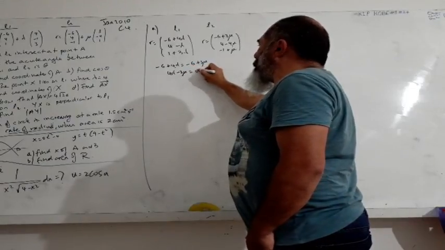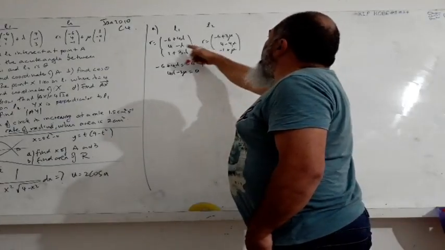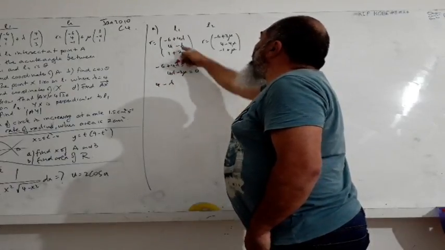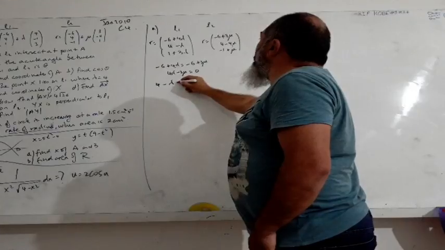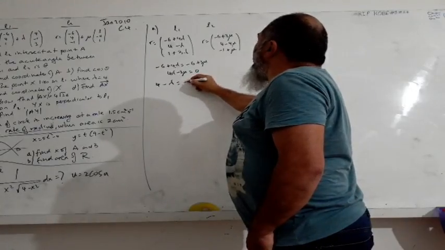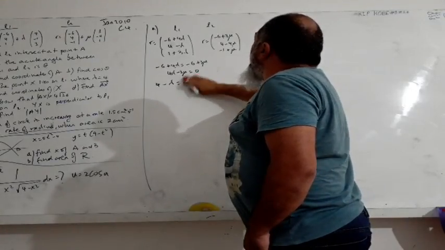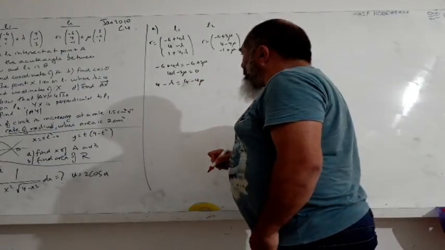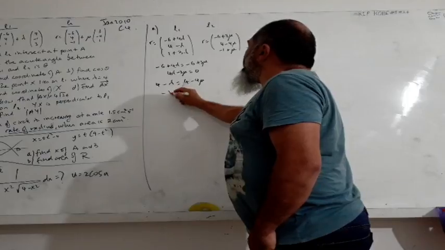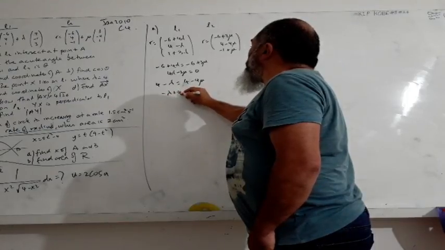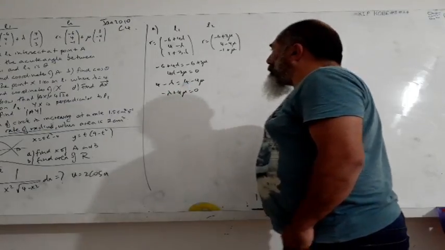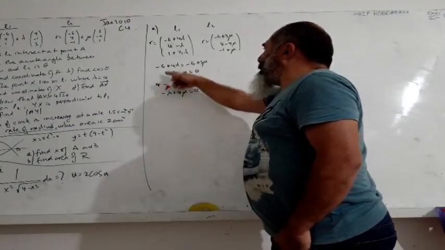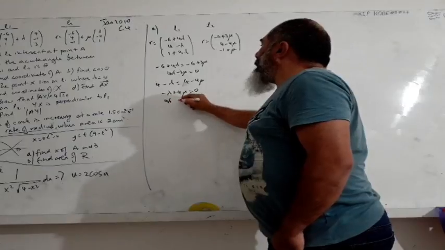And here let's equate the second equations. 4 minus lambda is equal to 4 minus 4 mu. So here minus lambda plus 4 mu is also 0. So let's put that equation there. 4 lambda minus 3 mu